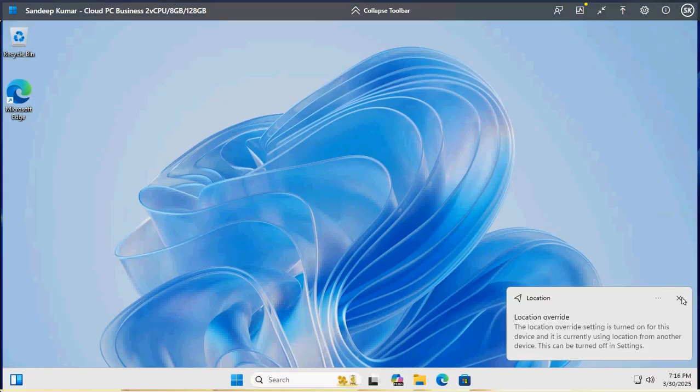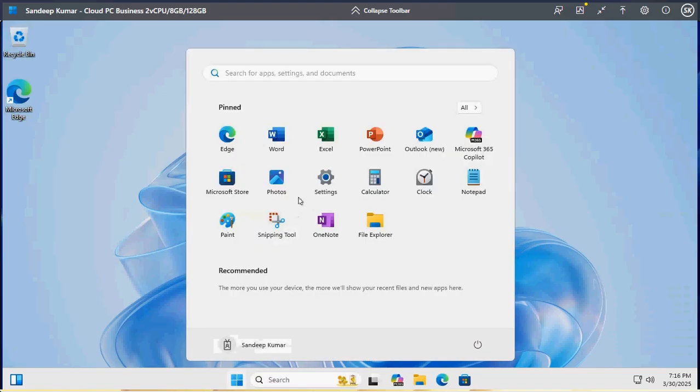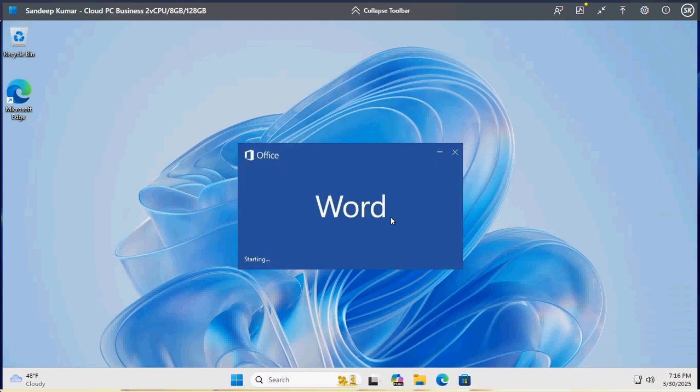Now here we log in, and as I already told you, we have different images, and this image is with Microsoft 365 apps, so you can open the apps. If you have a Microsoft 365 Office license assigned, you'll be able to log in and use these apps.